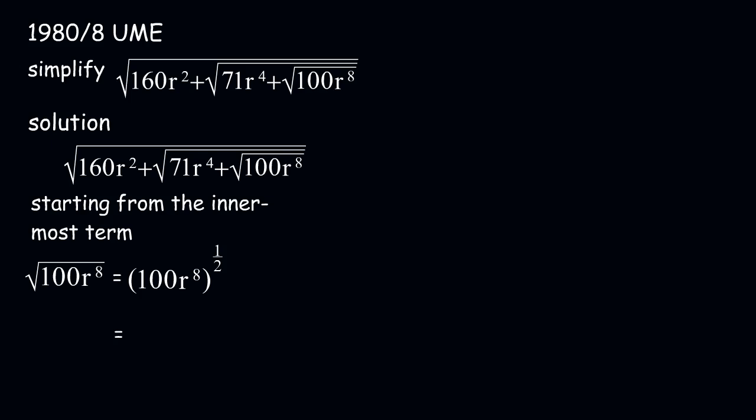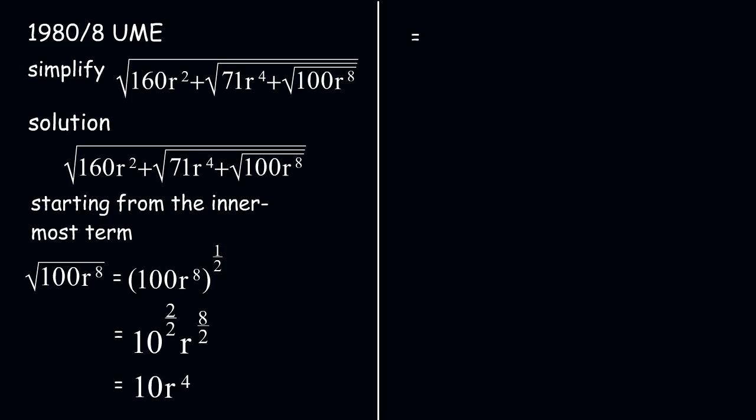This will break down to 10 raised to the power of 2 over 2, r raised to the power of 8 over 2. 10 to the power of 2 over 2 is 10, and r raised to the power of 8 over 2 is equal to 4. So it becomes 10r raised to the power of 4. Now we substitute this value in our original equation. Our equation becomes the square root of 160r squared